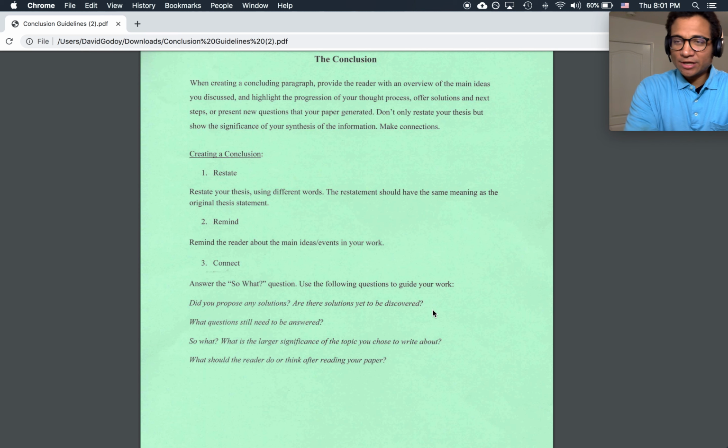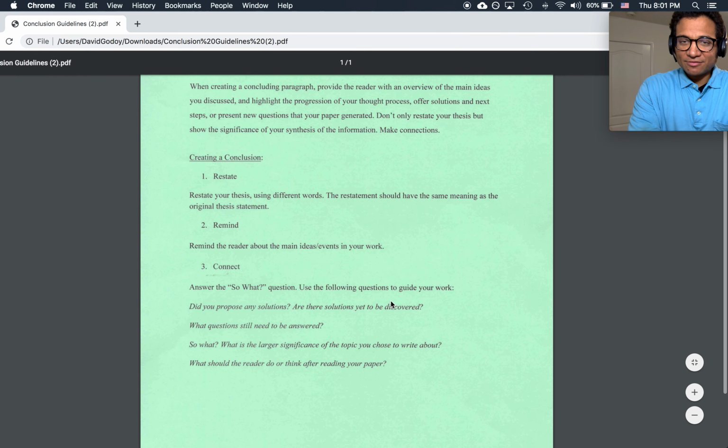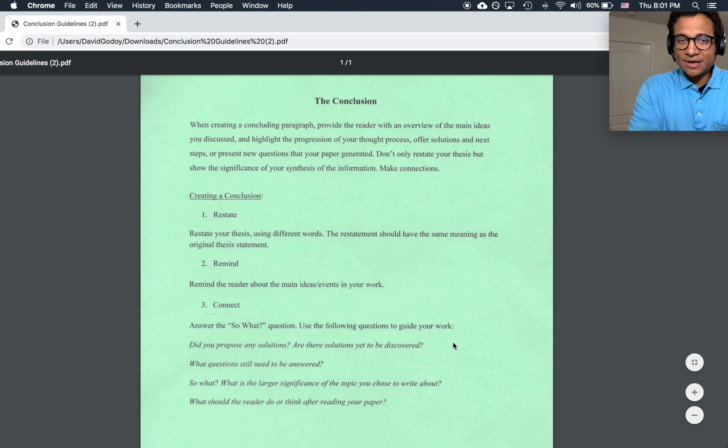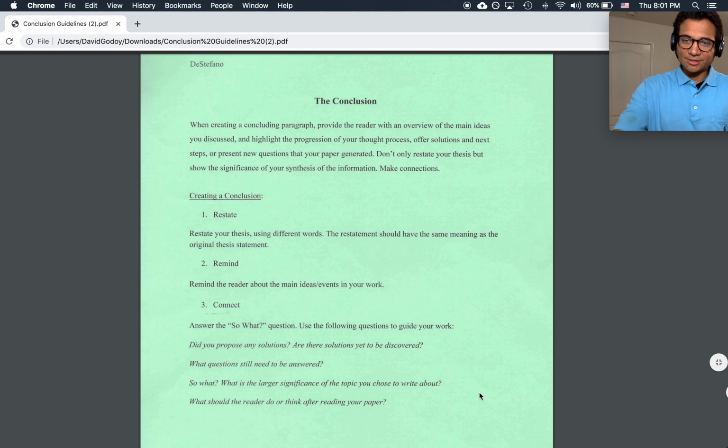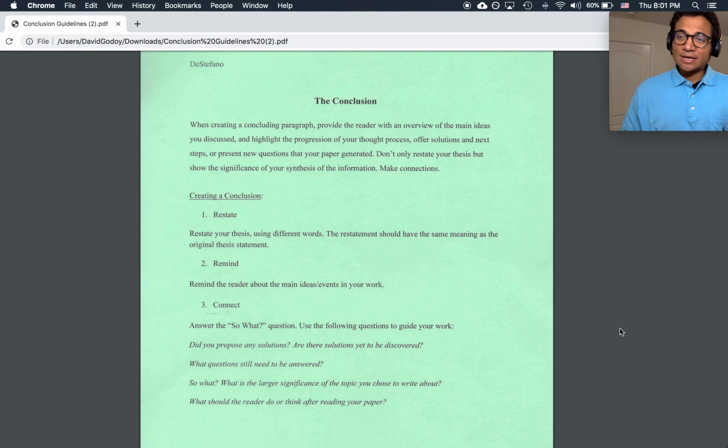So it says this: when creating a concluding paragraph, provide the reader with an overview of the main ideas you discussed, and highlight the progression of your thought process. Offer solutions and next steps, or present new questions that your paper generated. Don't only restate your thesis, but show the significance of your synthesis of the information. Make connections. Okay, well, that word synthesis means to bring together,